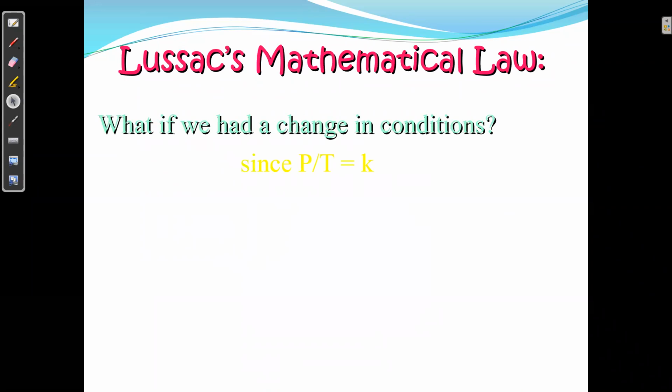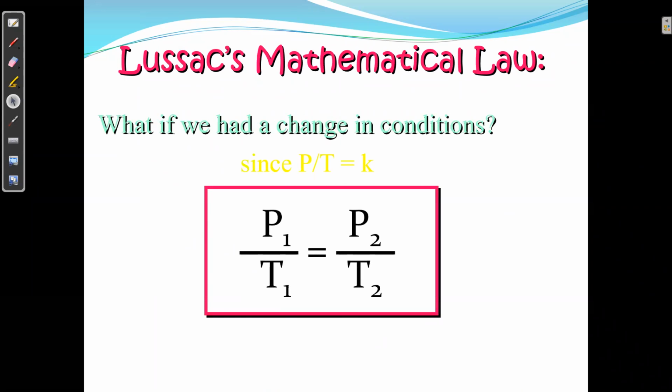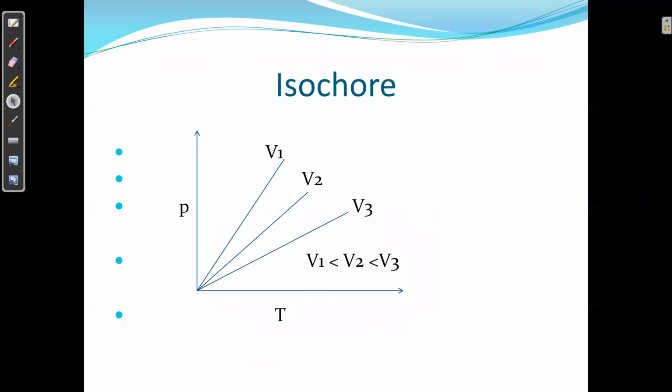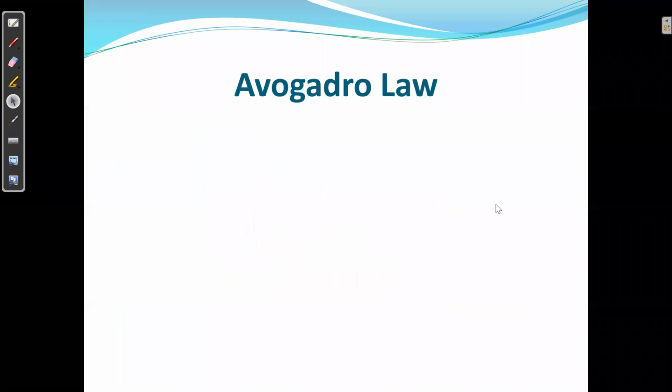So there is no need to discuss again. P1 by T1 is equal to P2 by T2. And again, you will see the graph. If we plot the graph P versus T at a given amount of volume, and if the volume is V1, the graph is like this. For V2, you can see that as the volume increases, temperature is increasing but pressure is continuously decreasing. So here you can also understand that older relationship.